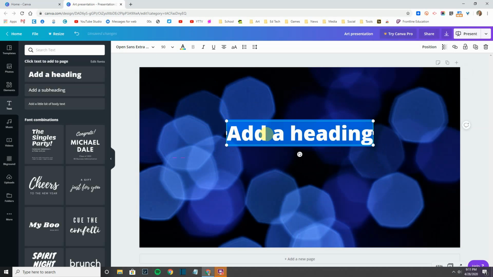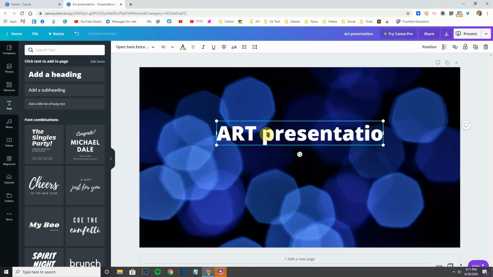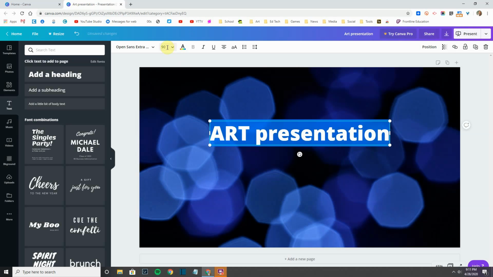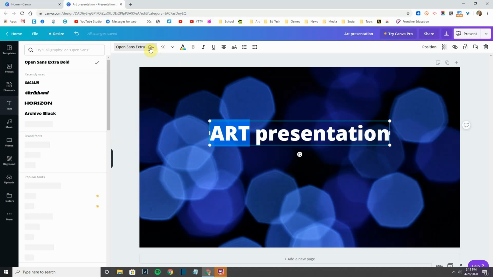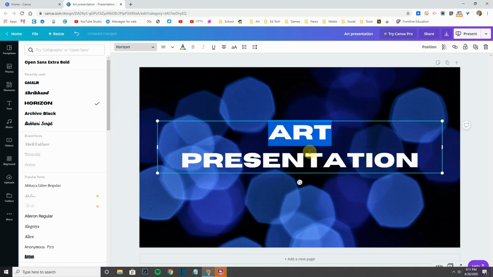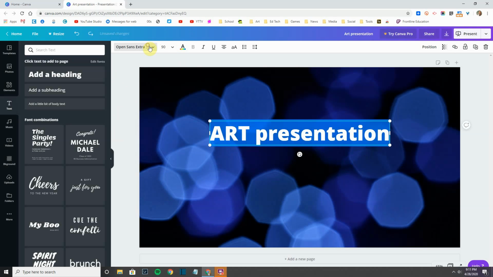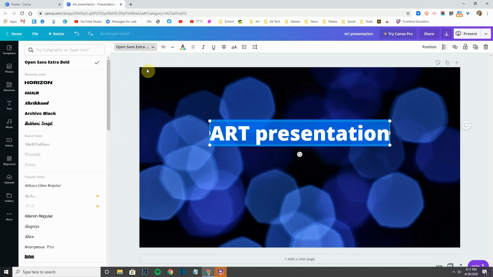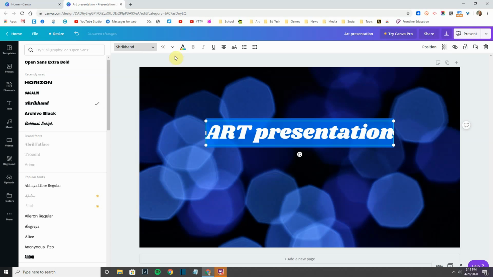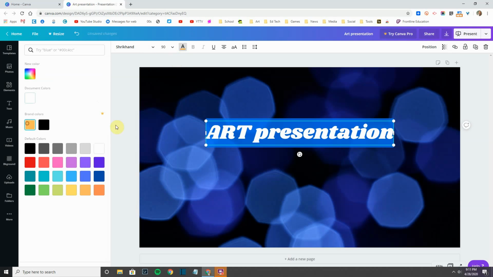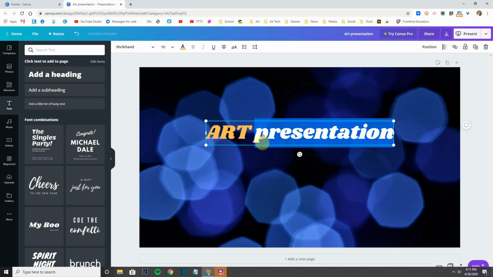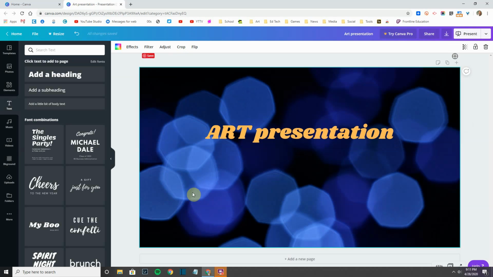I'm going to select in here, Art, Presentation, and now I'm going to maybe change this to a different font. I'm going to select here. I'm going to change just those letters. Oh, guess I can't. I'm going to change this entire area to a kind of fun font here, and I'm going to change to a complementary color of like a yellowish orange,